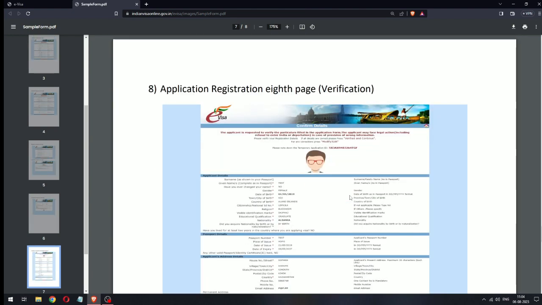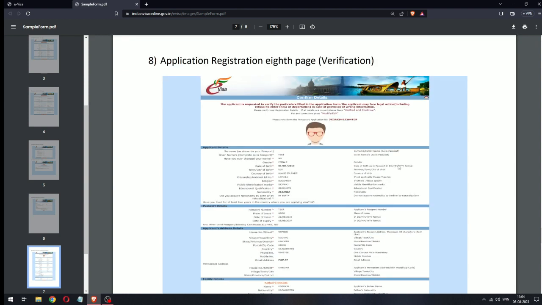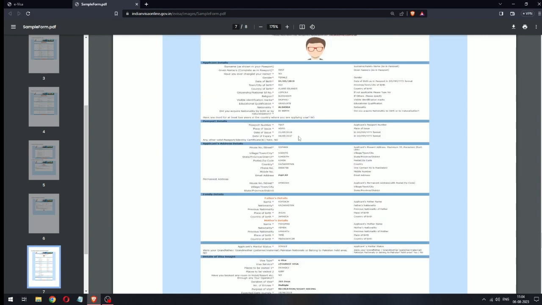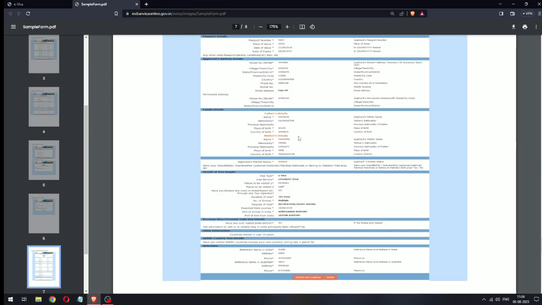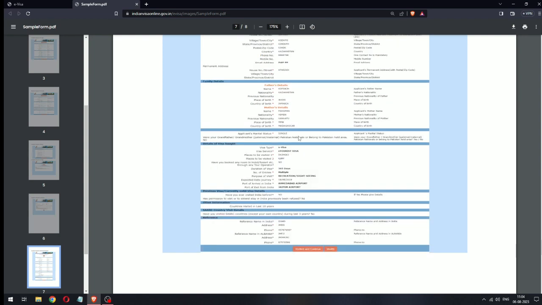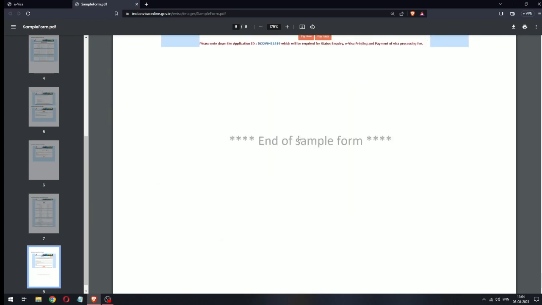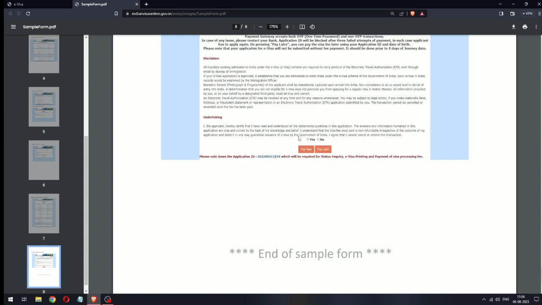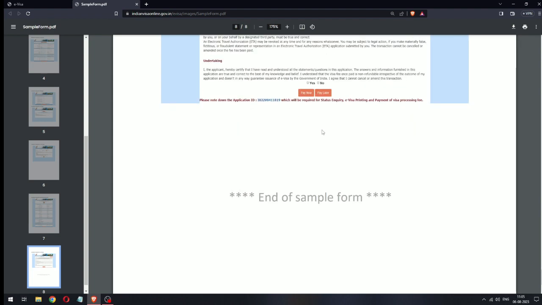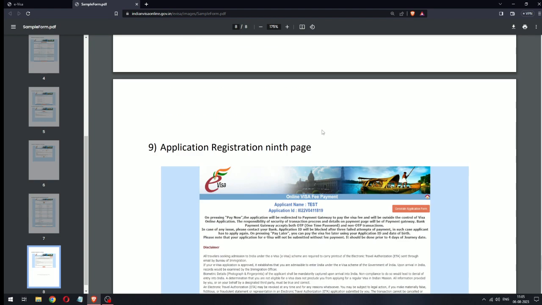and then you get the complete form which you have filled. You can just see it carefully in case you have mentioned something wrong or something you want to edit, because this is your chance. Then you will not be able to do anything. So this is it. Then you pay. You select pay or you pay later. So once you do that,